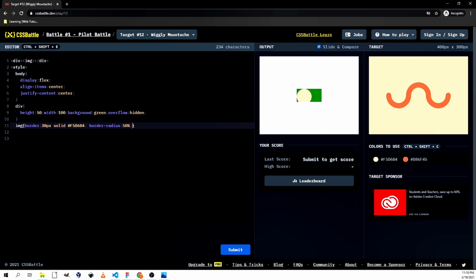So divide by 2, 20 pixels, we can give margin 20. So I think this is perfectly aligned left, right, and center. Then we can have box shadow. So it needs to be 20 pixels from location 0, 0, 0, 20 pixels. Yeah, and the color of this would be,